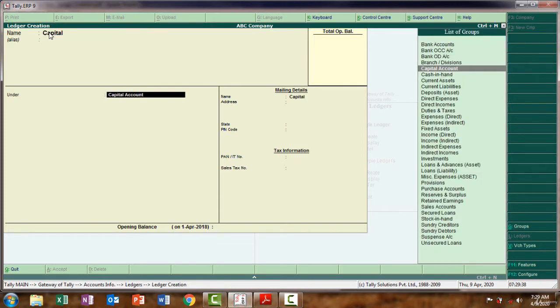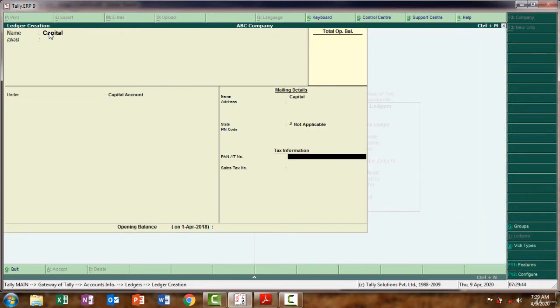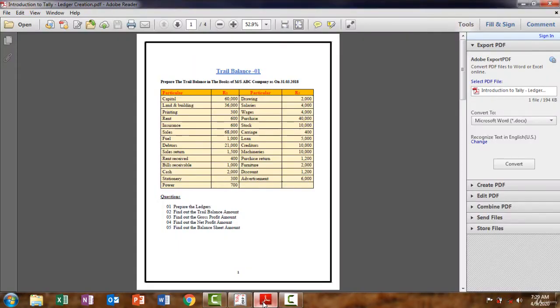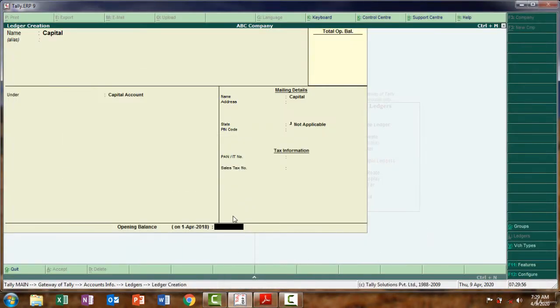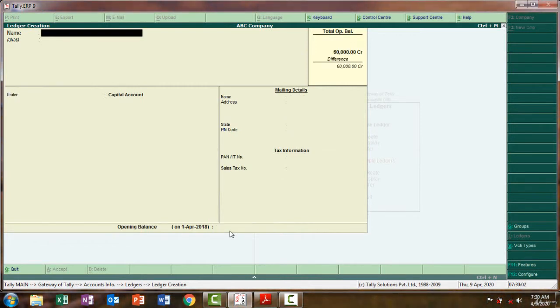The capital under the group is Capital Account, so I am going to choose Capital Account, then press enter on the keyboard, and then we have to enter the amount. The amount is 60,000, so I'm going to enter 60,000, then credit, yes. And then the second one is